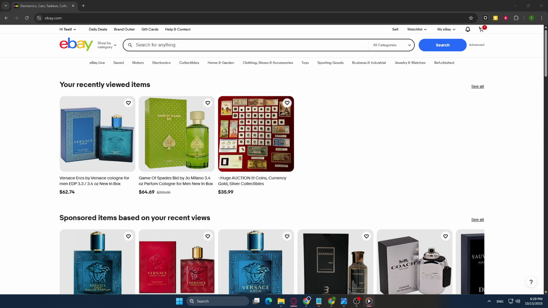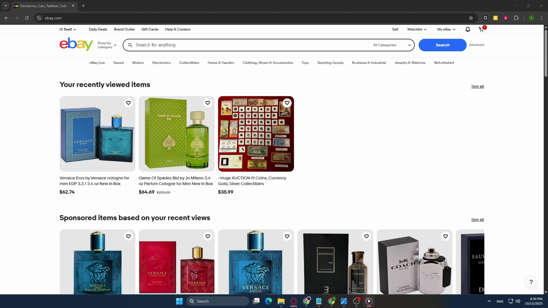As you probably already know, Google is more than just a search engine. It's a gateway to a wealth of information right at your fingertips. And today, we'll be using it to find our way to eBay, one of the largest retail websites in the world. Simply type eBay into the Google search bar and hit enter. You'll see eBay pop up in the search results right at the top, making it easy to click through and